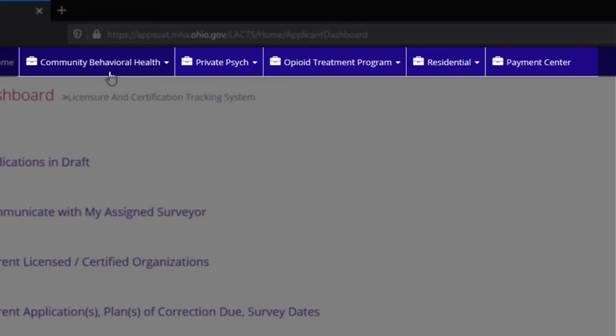This menu is located along the top of the screen and will give you access to initial licensure and certification applications for community behavior health, private psych, opioid treatment program, residential, and finally the payment center, where you can make payments on your account. If we scroll to the far right of the horizontal menu and click on My Name,